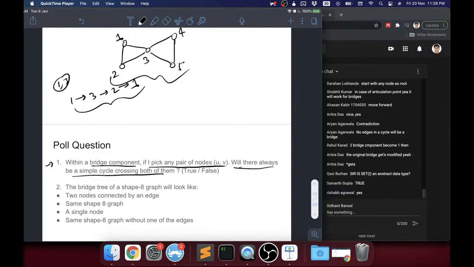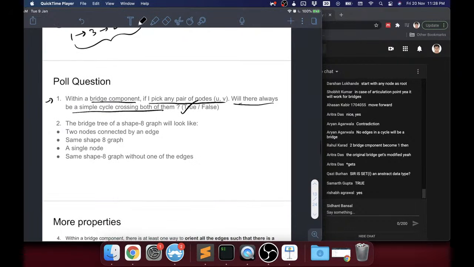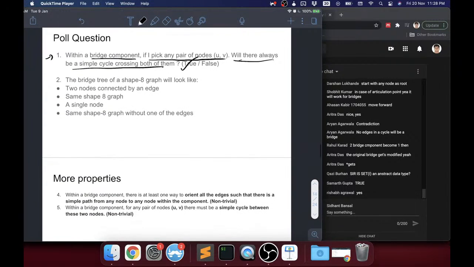Yeah, so some people got it. You can have an intuition for it, but I think proving it is relatively hard. But true is the answer. We'll prove it later on. Second part,